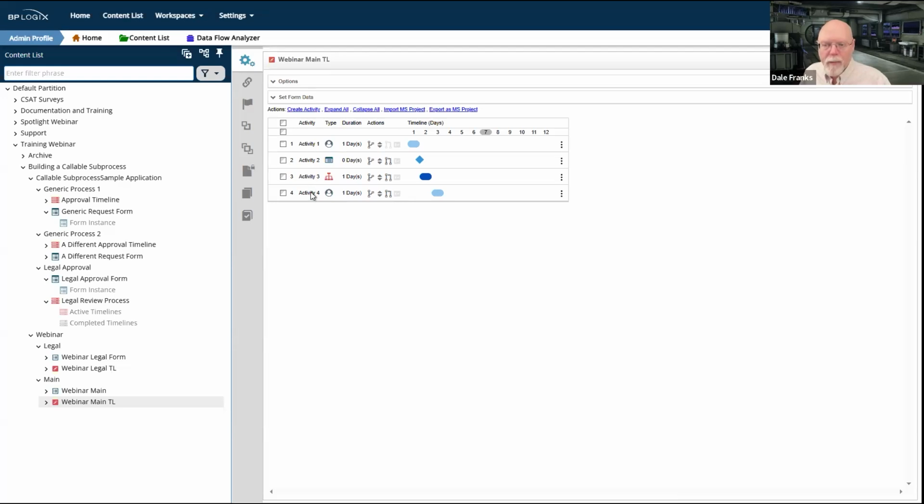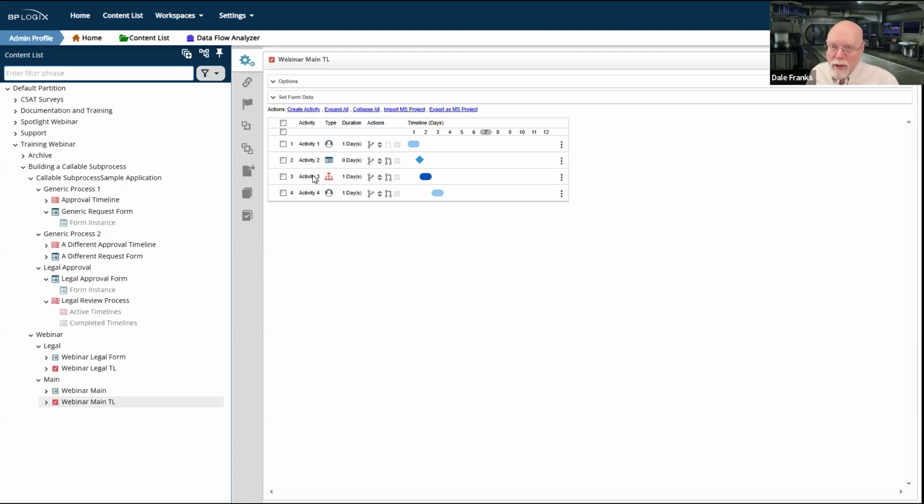So what has actually happened is activity 3 gets started. Activity 3 calls the sub process, and then activity 3 remains running in a wait condition until my sub process completes. When it does, it sends a message back up to activity 3 that says, hey, I'm done. Activity 3 can then say, fine, I will now complete myself. Activity 3 will complete, and then it will move on to activity 4.